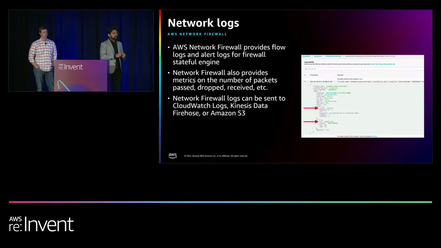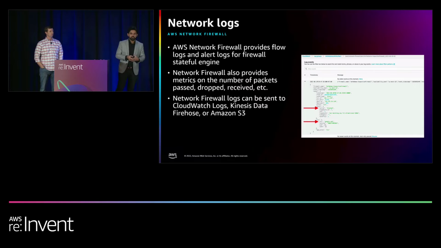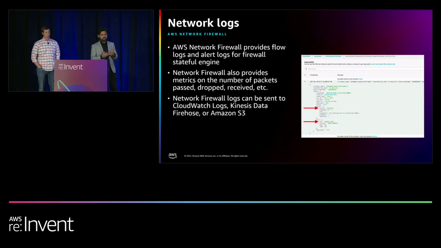Going back to our example architecture, we also had an AWS network firewall that was inspecting traffic to and from the internet gateway. So we also provide you network flow logs for AWS network firewall. That allows you to capture network flow level data for the stateful engine of the network firewall that you might be using to block or allow a certain kind of traffic. And then network firewall also provides you alert logs. So if you are not really blocking traffic, you can generate alerts,